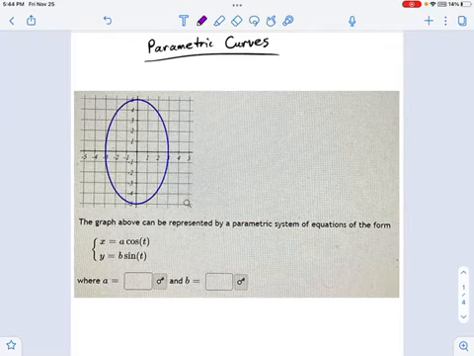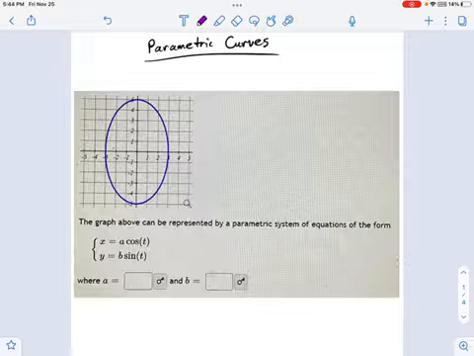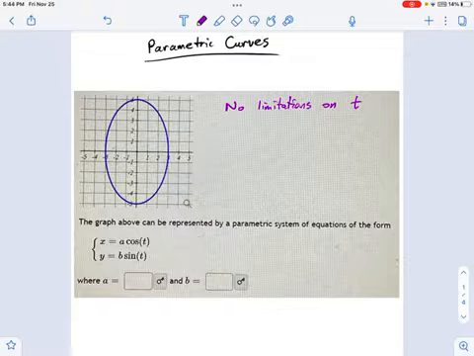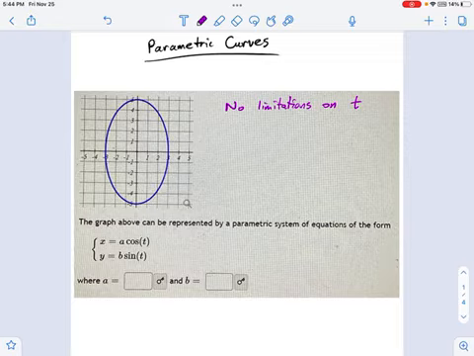Sometimes I get a few questions on this problem, which is a little funny, honestly. You'll have harder things to do that you won't have questions on, but something does look strange about this problem. I'll give you that much. If you notice, there's no limitations on t. Okay, our parameter t is without limits. It apparently covers everything. And yet, the curve does not go off to infinity in either direction. It just covers this very finite, cute little shape here.